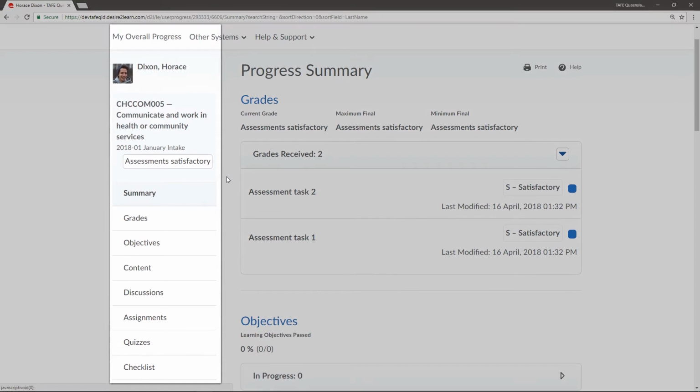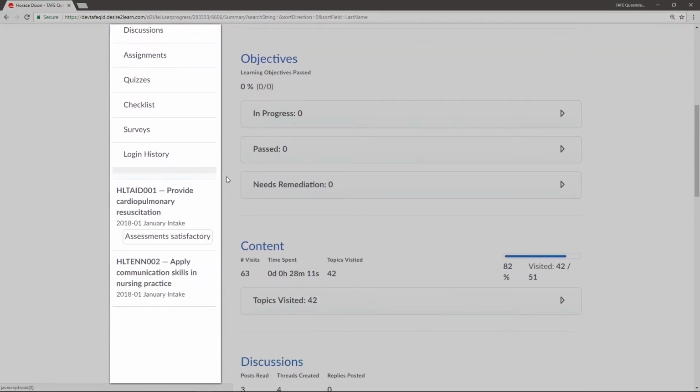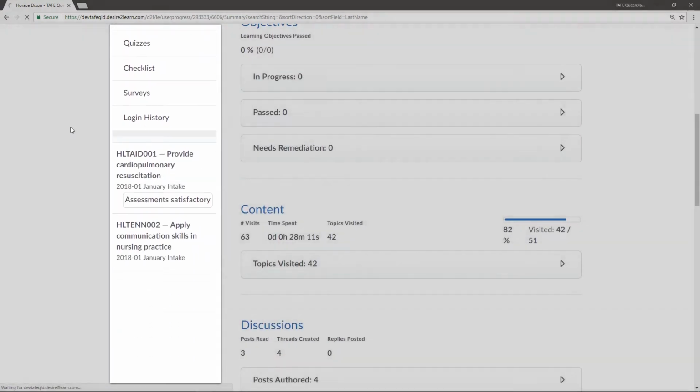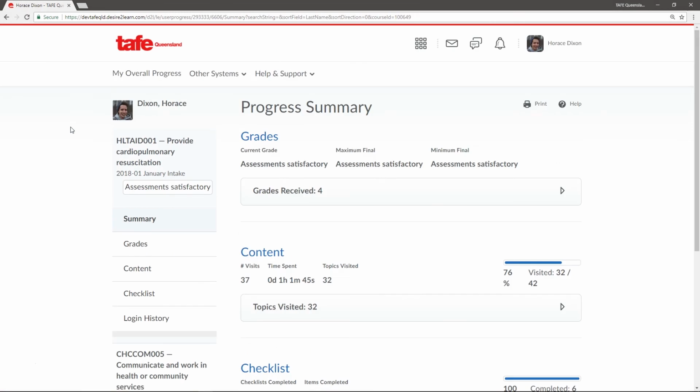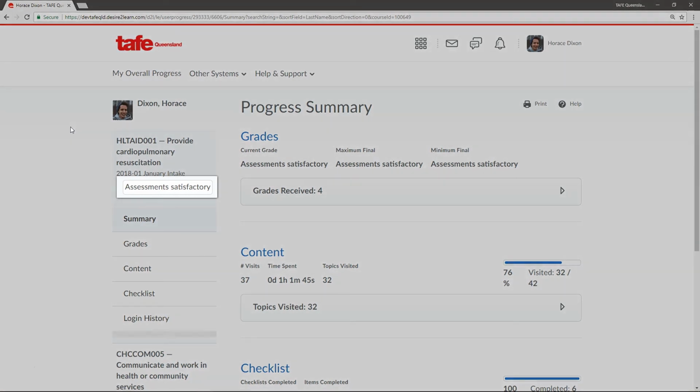If you scroll down, you can see any other units you're enrolled in and expand those out to view the progress of those as well. If your teacher has published a final grade for your unit, you'll see this listed underneath the name and intake